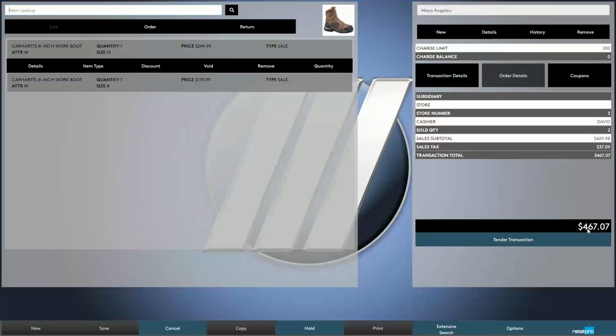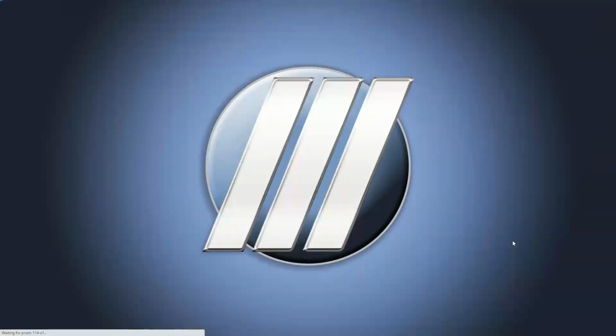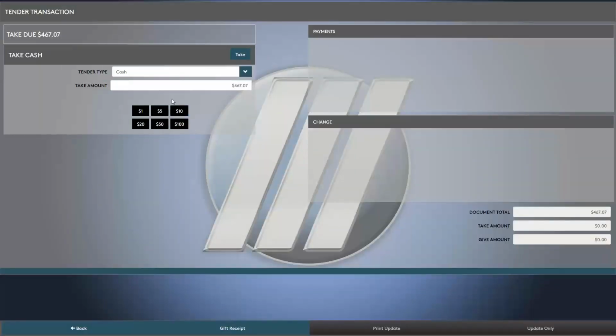Okay, so in this case, we're trying to make a sale. We've got $200 charge limit available. We've got no charge balance, so that means there is $200 available to be spent, but we're trying to spend $467. So if I tender this transaction and I choose charge,